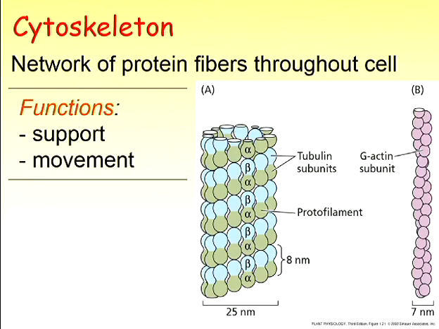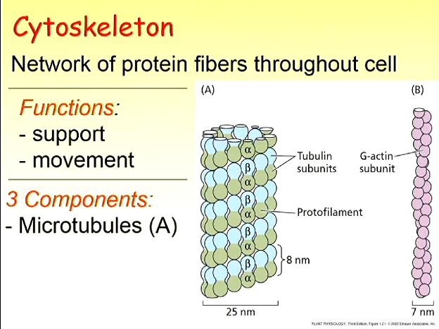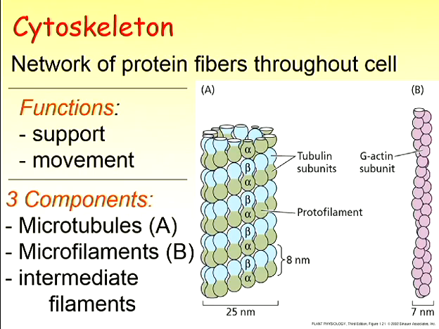And this is very temporary, because you don't need that spindle there all the time. It would only be in the way. So it's produced temporarily, it does its job to move things, and then it's dismantled again. So there are 3 components that vary in the thickness of the protein fibers, and they are called the microtubules, the microfilaments, and the intermediate filaments. The microfilaments are the thinnest, the microtubules are the thickest, and the intermediate filaments are, as the name implies,